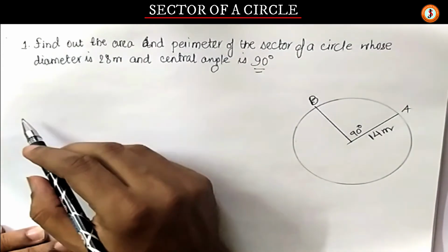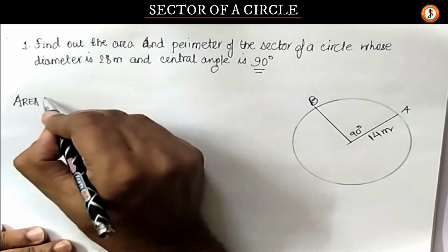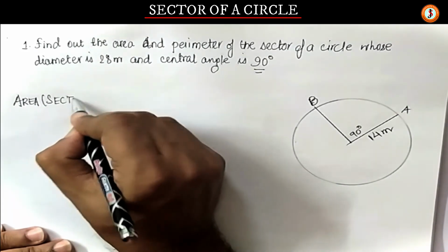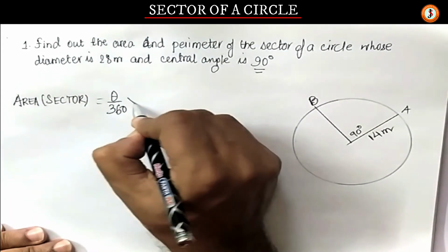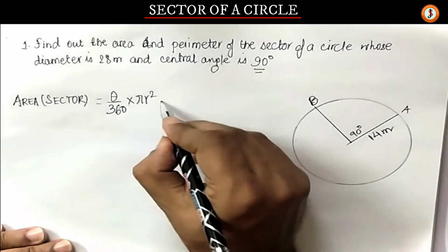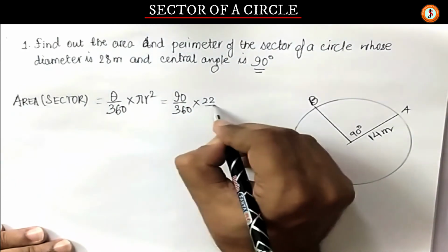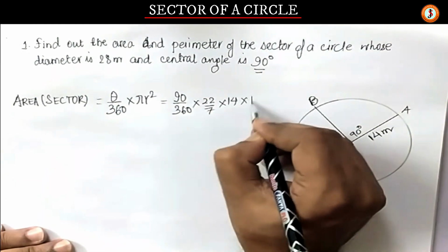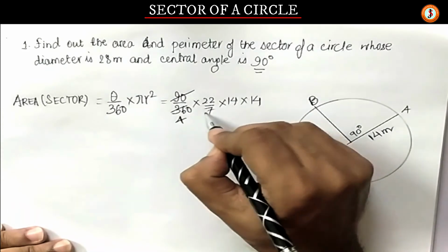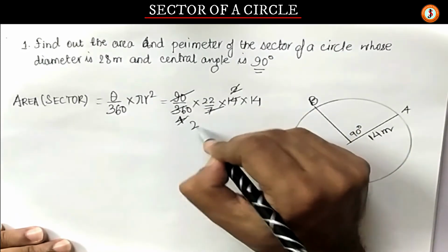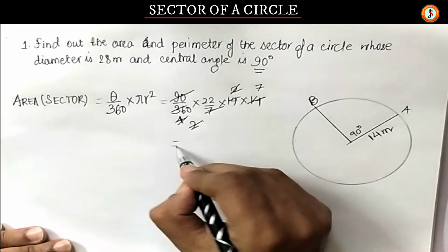So now first we get the area. So what is the formula for area of sector? Area of sector is theta by 360 into pi r square. So it is 90 by 360 into pi, that is 22 by 7 into 14 into 14. So we will need some calculation, I think. 9 4s are, 7 2s are, 2 2s are, 0.27. So how much is this?